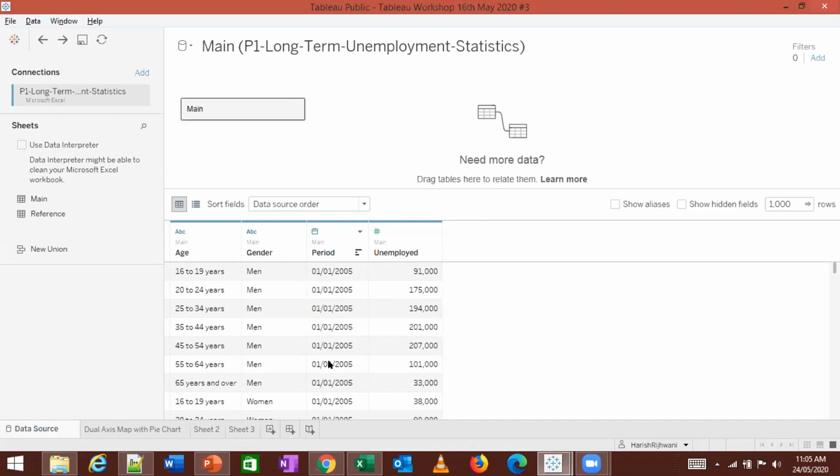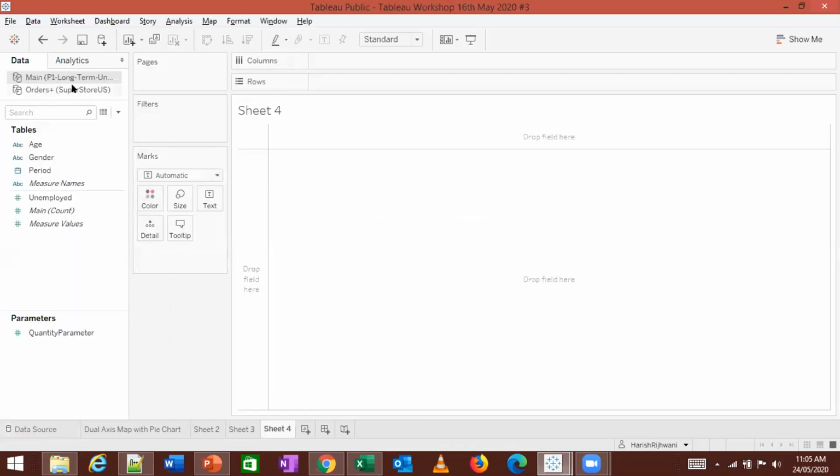So here you have this information, you have this data. Okay. I'm going to open a new sheet. So you notice when I open two files, I see each of them as different databases, right? When I click on each of those databases, I can load multiple files in one Tableau workbook itself, but it's a good practice to keep them separate. But as of now, I've just loaded them into this same workbook.